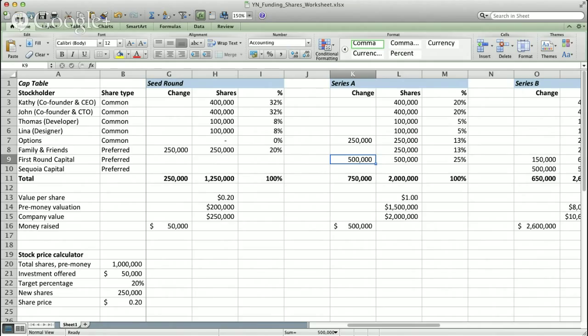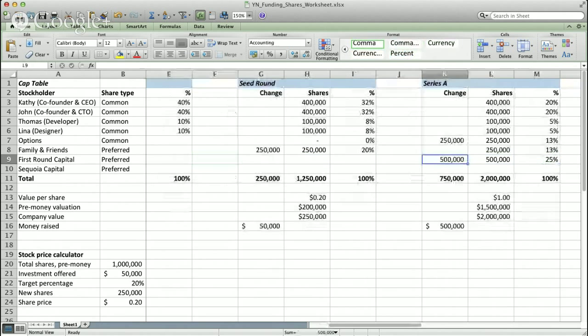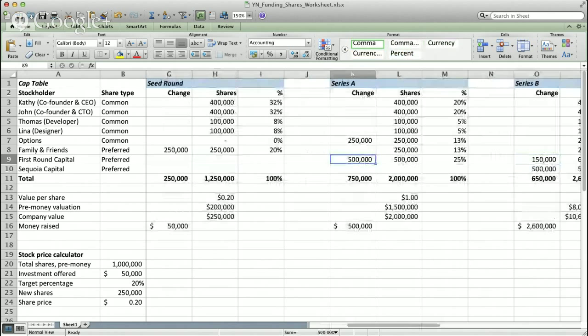In this case, they successfully managed to convince a company that I have called First Round Capital, you'll see it over here, to invest a further $500,000 in this round. You see it down here in money raised, $500,000. First Round Capital said, I'll give you $500,000, but I want a quarter of your company. I want 25% of your company. So we go back to the stock price calculator here and say, okay,